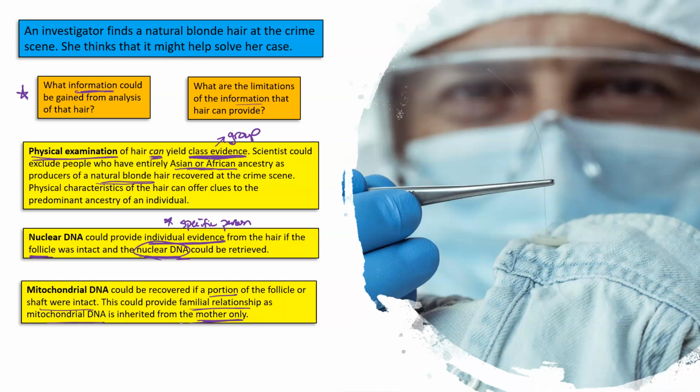In biology class, you've probably learned what the mitochondria does, and one of the things that the mitochondria has that is unique, in the sense that other organelles don't have it, is that it contains its own DNA. Since the mitochondria as an organelle are inherited from the mother only, the mitochondrial DNA from the mother is passed